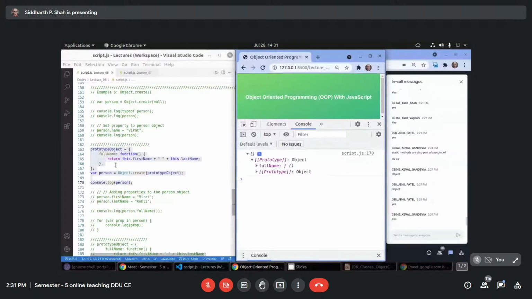Are you getting this? This is a very important method, because if you want to attach an object as the prototype to a particular object, you can do this.